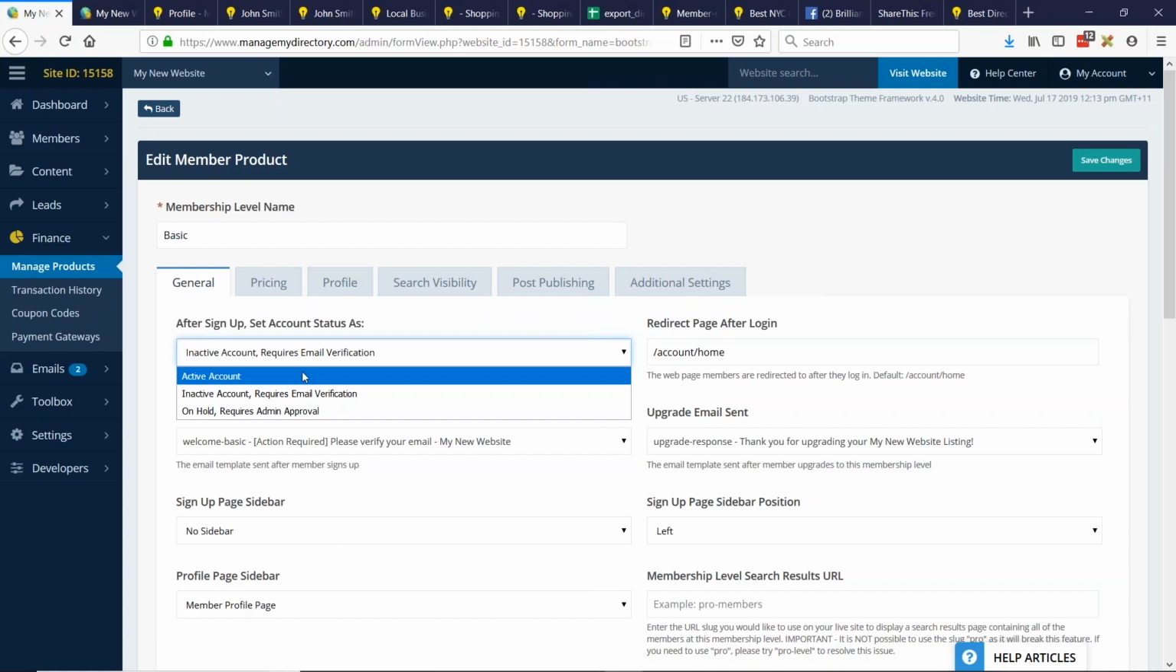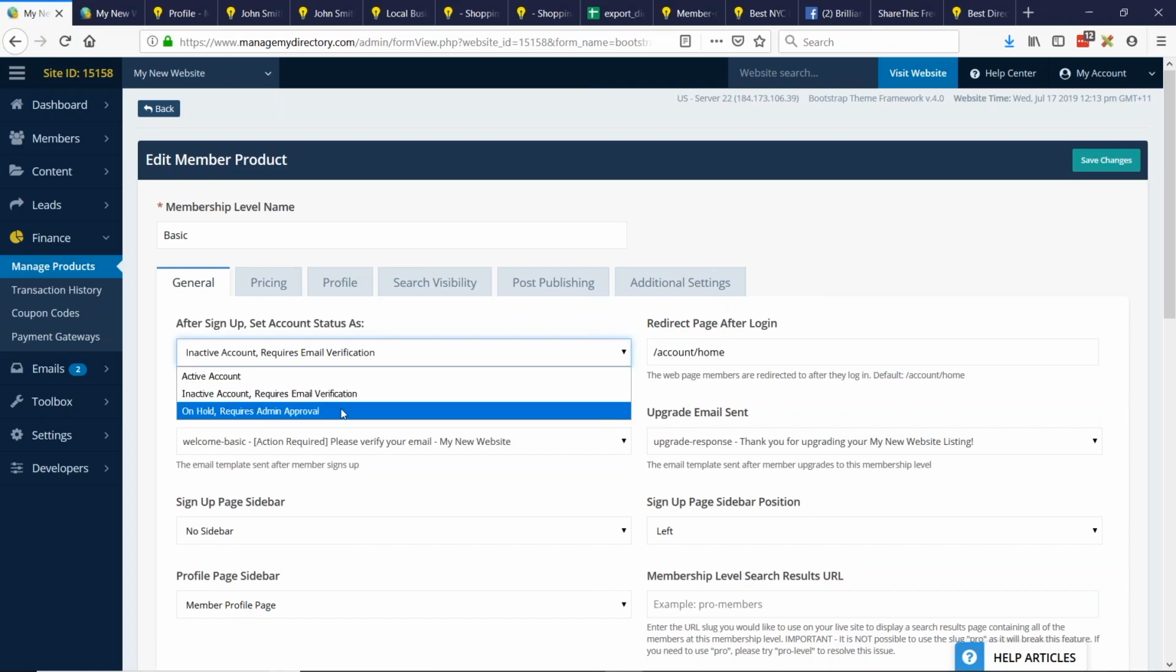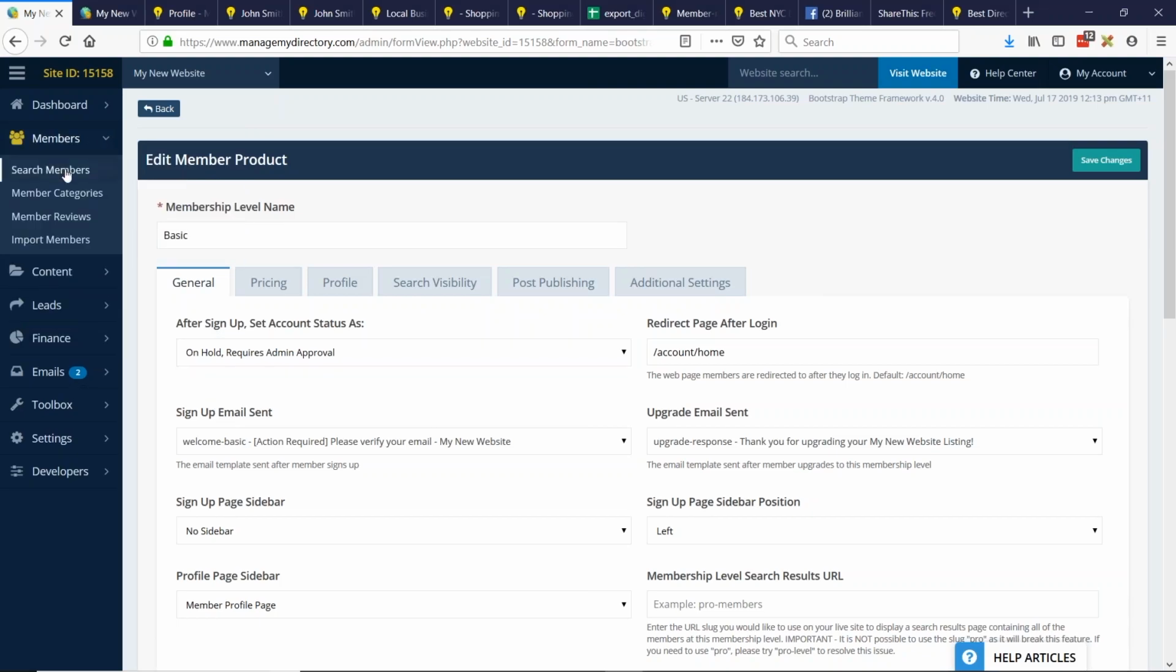So on this first tab you now have 3 options. Before there were just 2. There's active account, inactive account, and on hold. So you could set this to on hold. And now anytime someone signs up to this membership level, and this could be a paid membership level as well, free or paid, it doesn't matter, their account status will be on hold, and only you, the admin of the site, can manually change their status in the search members area over here